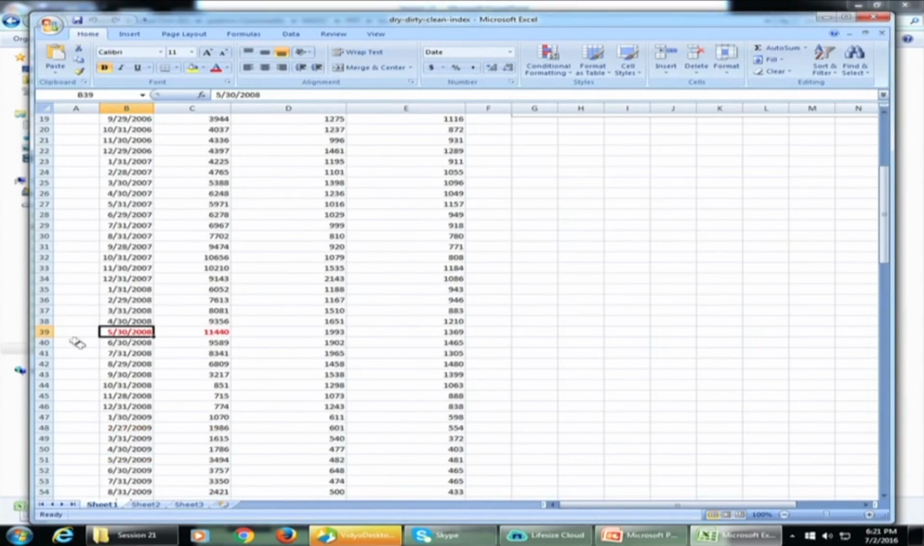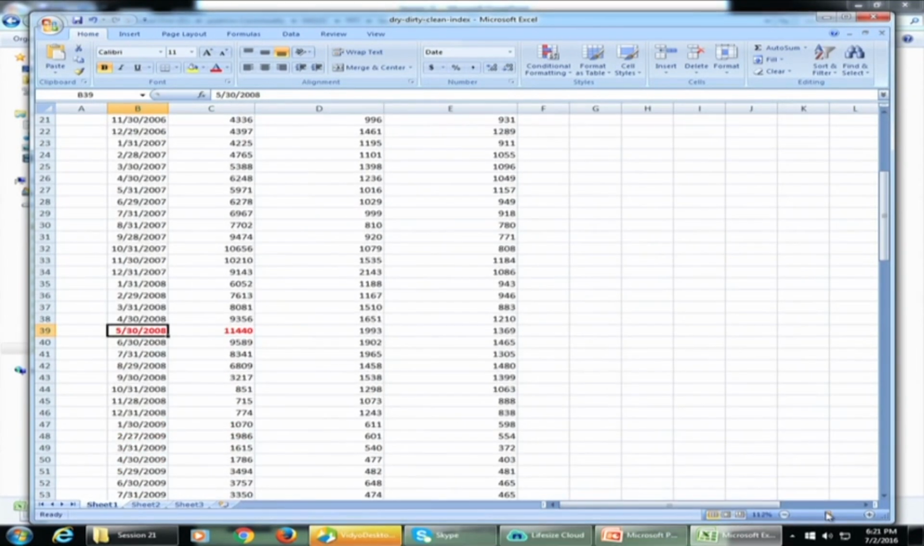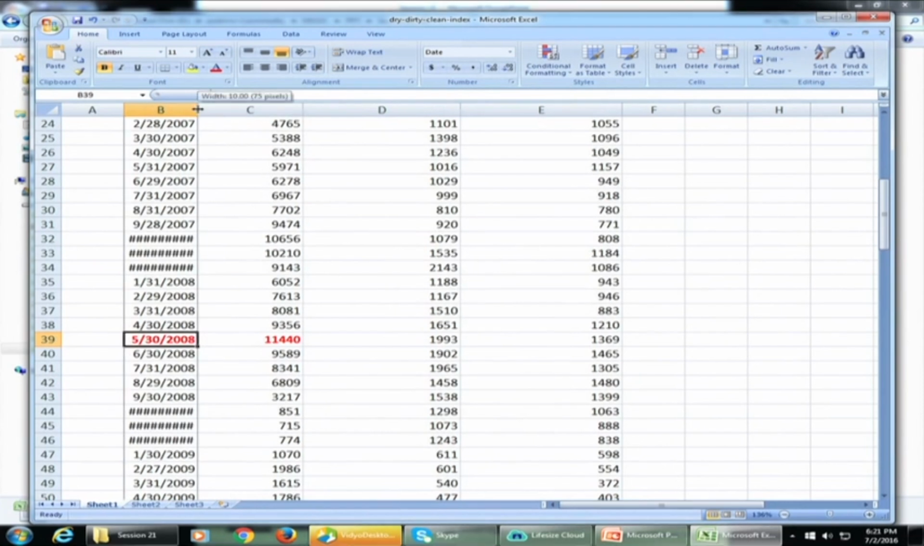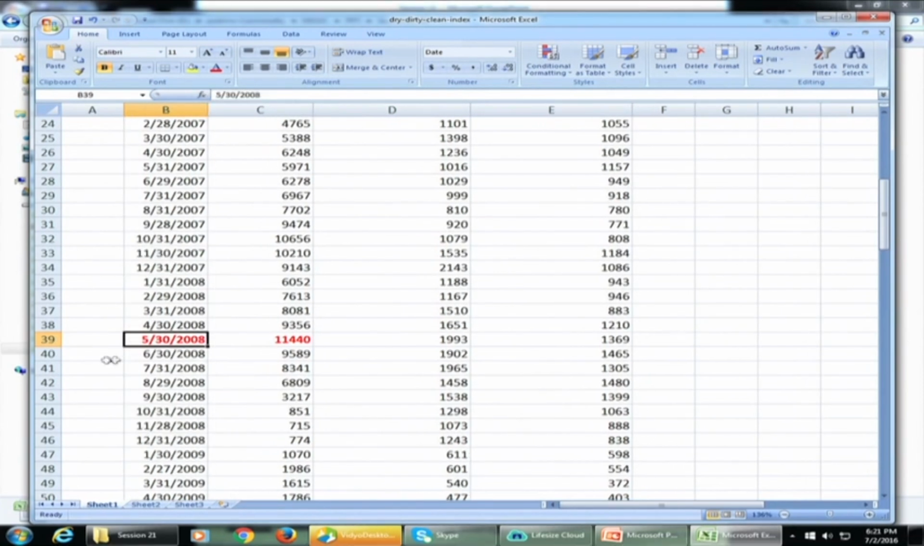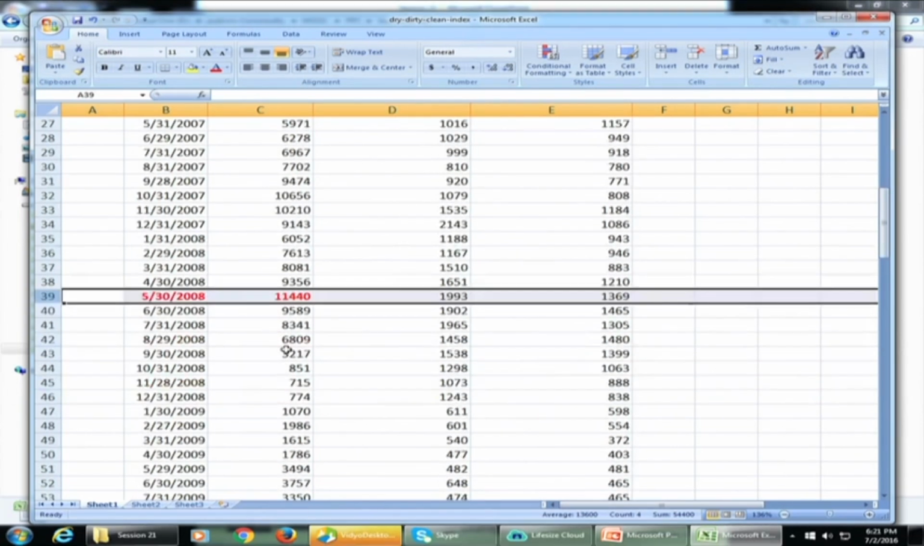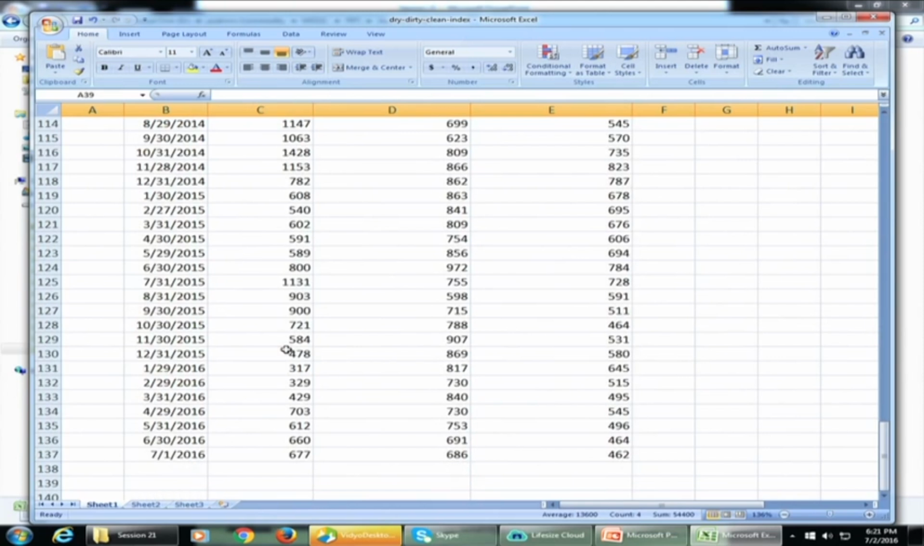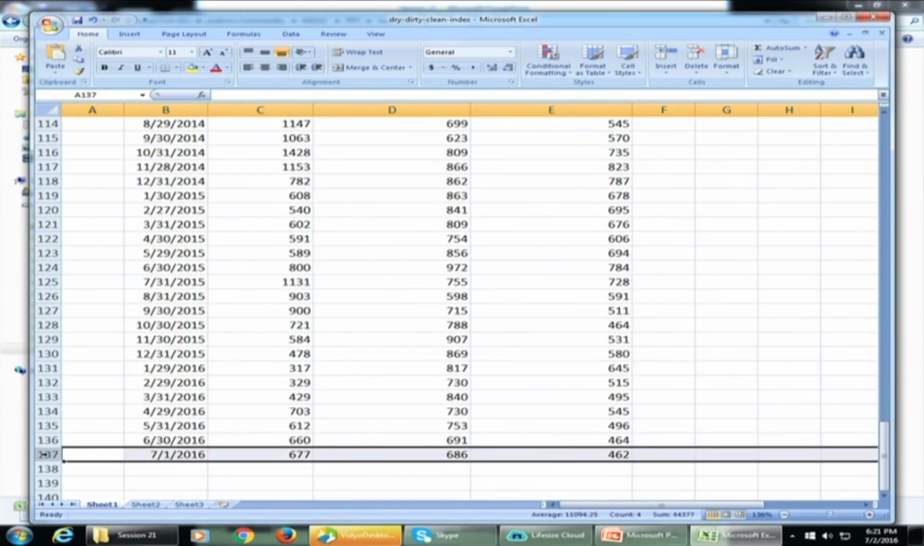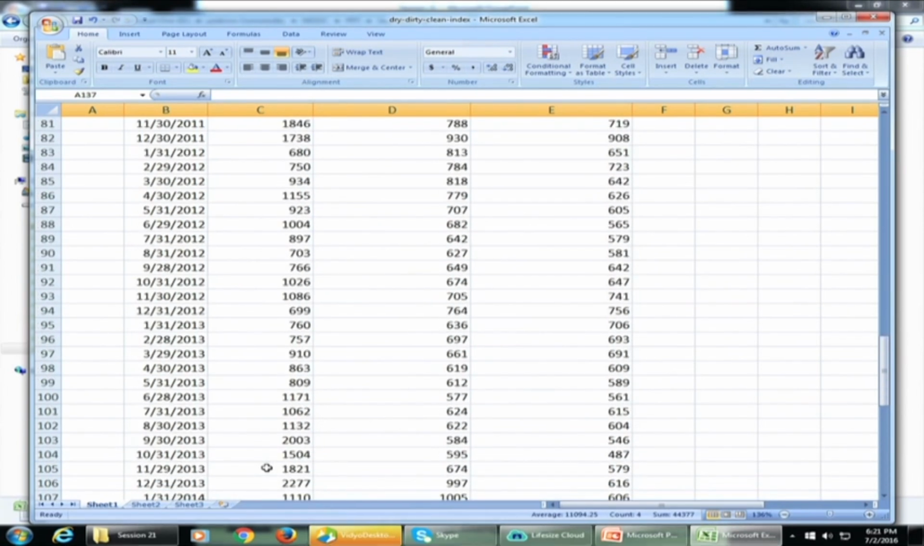Yes, if you can see, this data shows you 30th May 2008. It is monthly data. On 30th May 2008, the Baltic Dry Index peaked. It went up to 11,440, and as on the last date, 1st July 2016, it is hovering around 677. And all of you know, with the economic recession and the economy going down, not